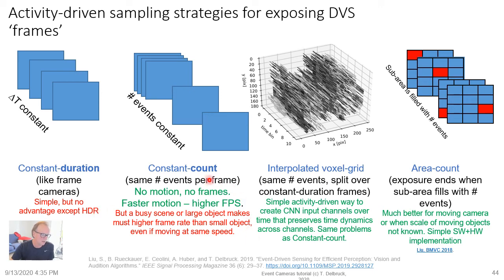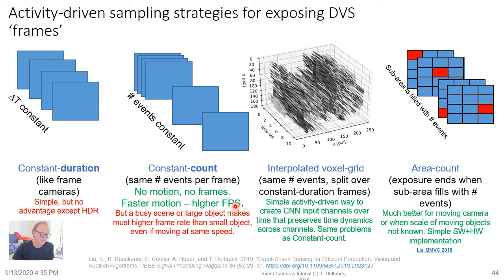Another simple strategy is so-called constant count. I don't have a picture of it here, but it's the same number of events per frame. In other words, every frame counts, say, 1,000 brightness change events. That has the advantage that if there's no motion, there's no frames, but the faster the motion is, the higher